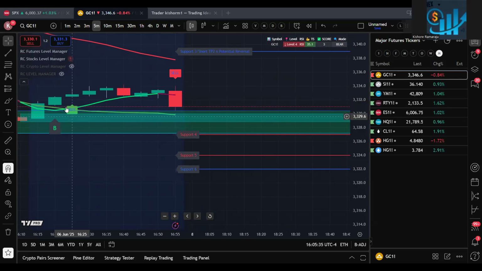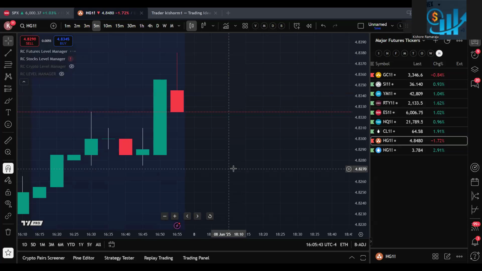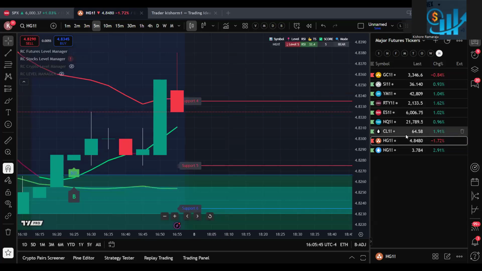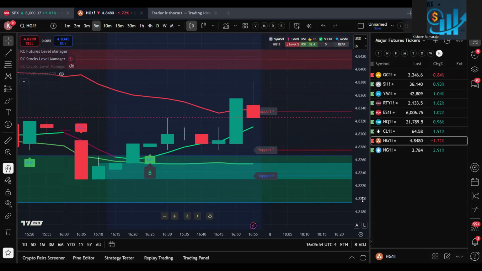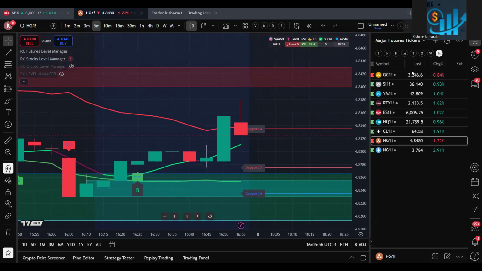Whenever you see the buy opportunities, ignore. You close the sell, don't open a long position. Same thing with copper. Whenever you see sell signals, you take the short. Whenever you get a buy, you ignore the buy opportunities. Don't enter buy signals. So if you follow this, even before the market opens, you know, okay, I will